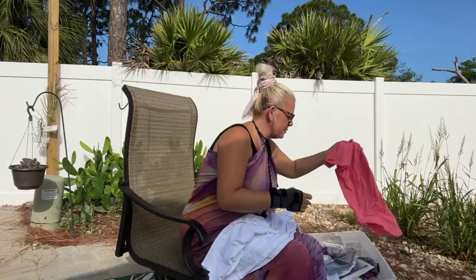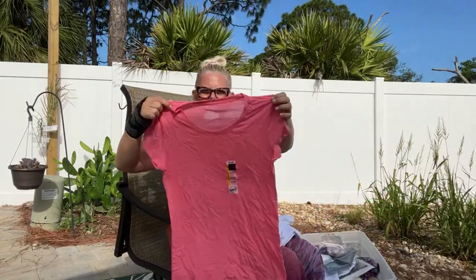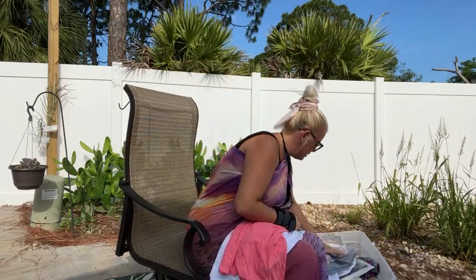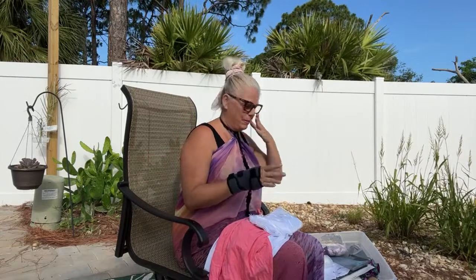I also have some tank tops in here. Oh, this one is another t-shirt. Wouldn't that be pretty with a lace yoke? So pretty. Anyway, and then I have some handkerchiefs that I thought might be fun to crochet on fabric around the edge to turn them into motifs so that you could then join them together. I thought that might be a pretty shawl, especially if you were taking